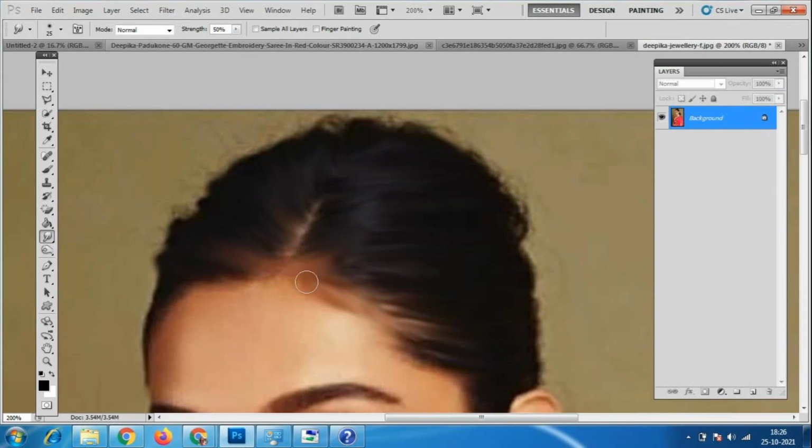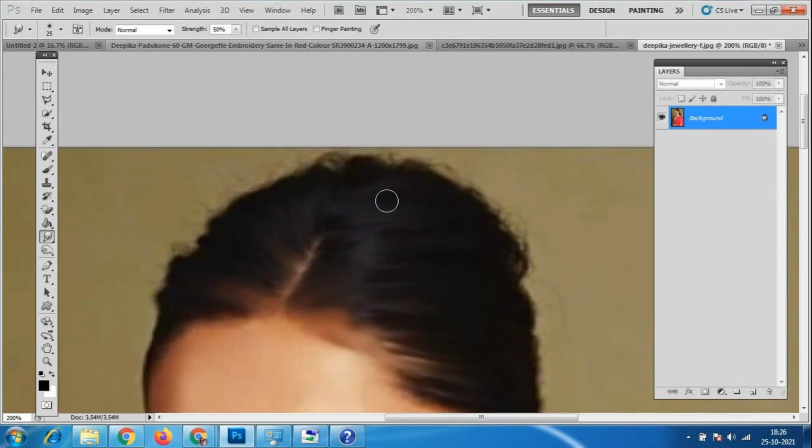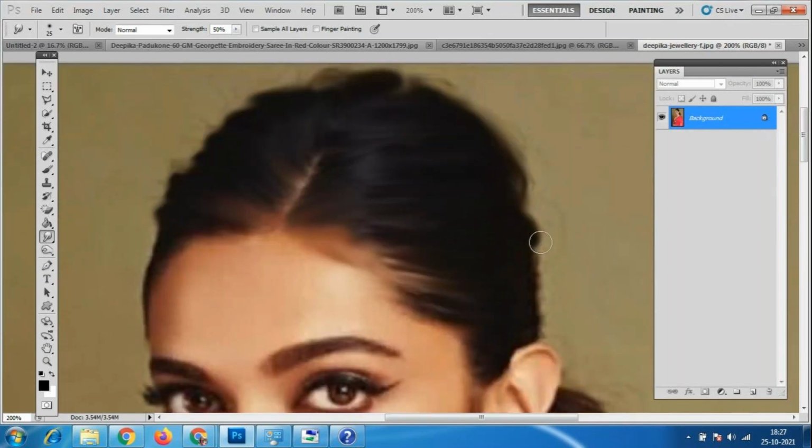So look at this, it will look, there is no hair here. So little bit of, so only the brush you have to take it, and only the smudges things we have to use it. It is very easy compared to all the tools. Okay, so once we will use the smudge tool, maybe we can change the background or not, let us see. Okay, so using this brush, see somewhere if we'll use the smudge tool more, so the hair will go.